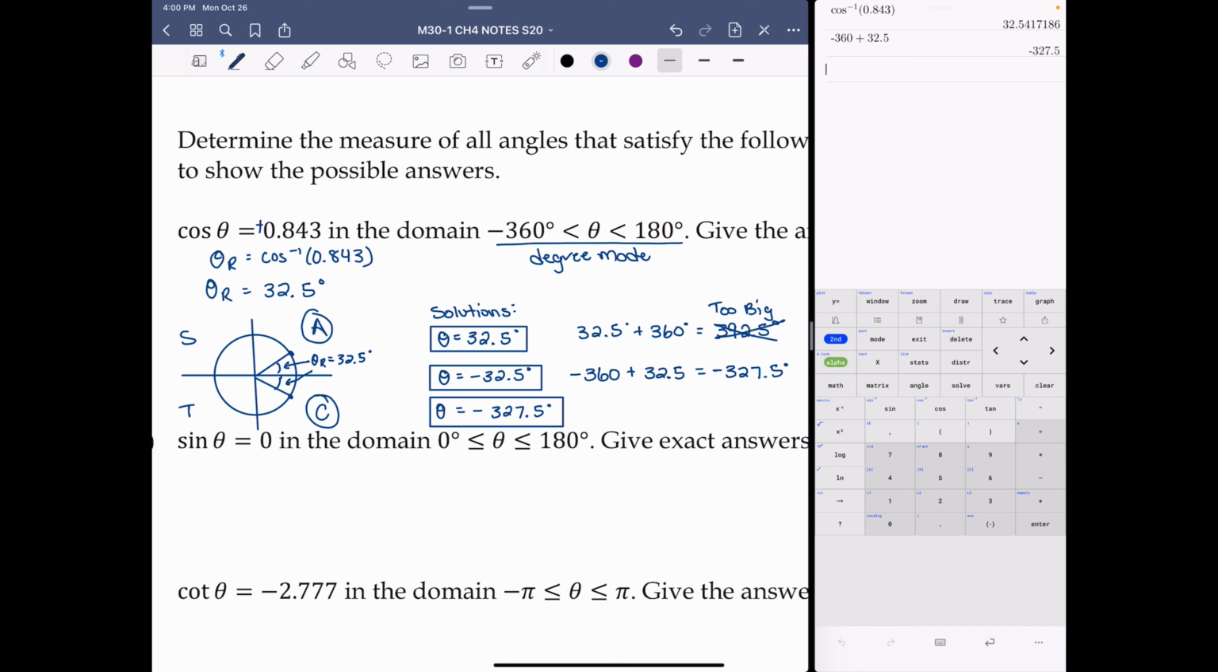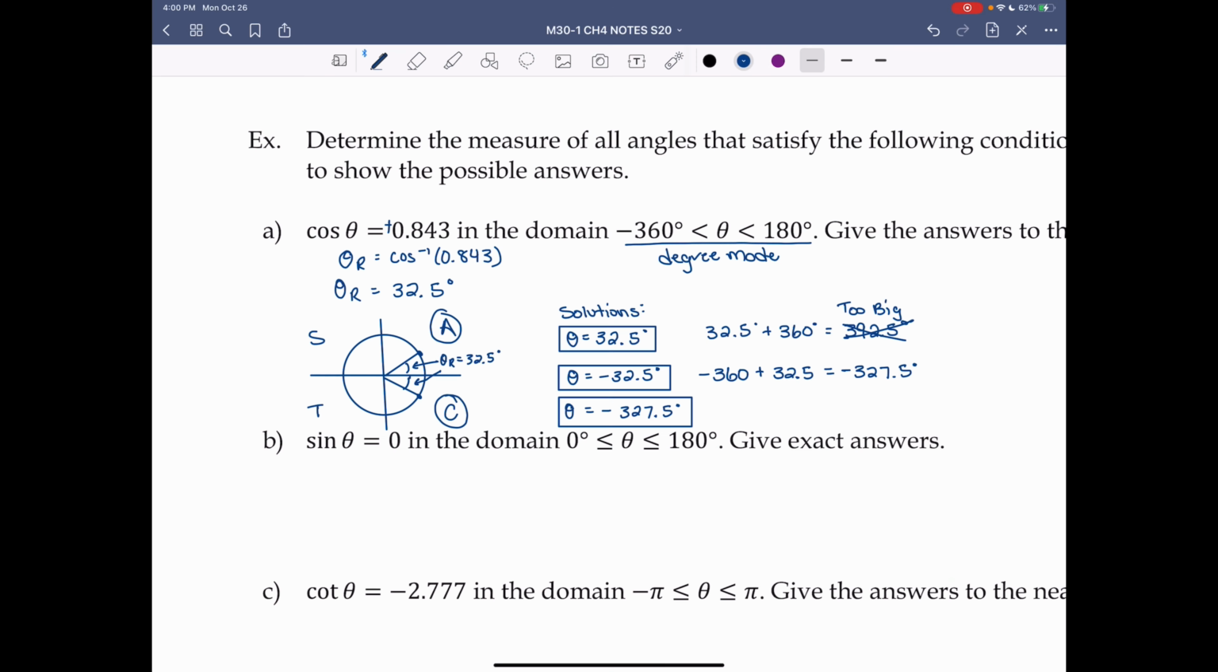B, sine theta equals 0 in the domain theta is greater than or equal to 0, less than or equal to 180. Give exact answers. So exact answers for this one, that means it's going to be one of our special angles. Sine theta equals 0. We know that sine is the y value